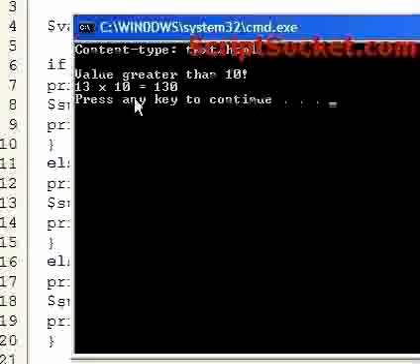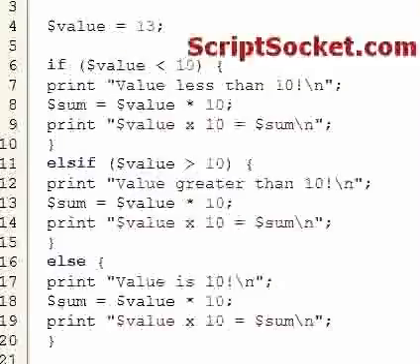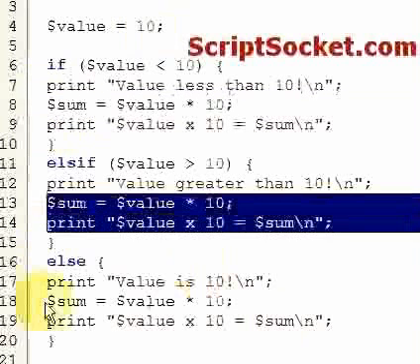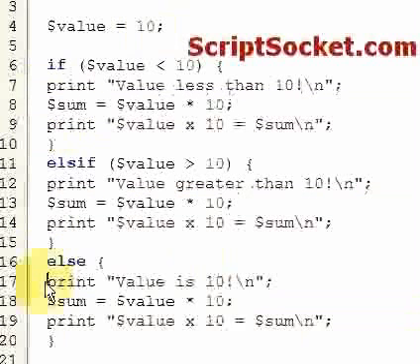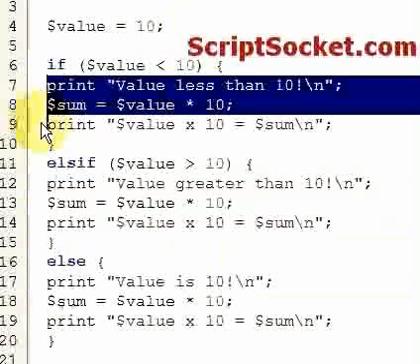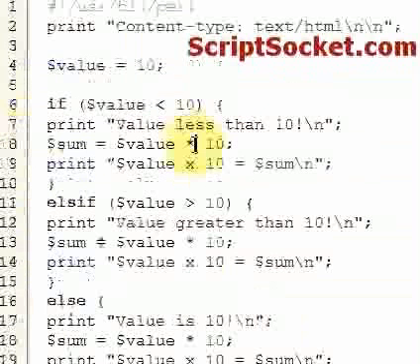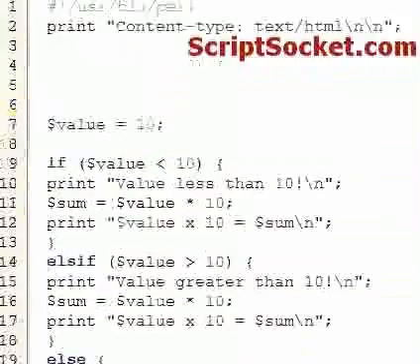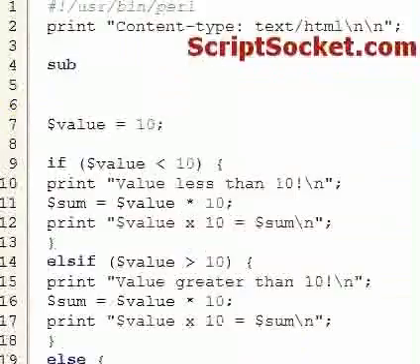Okay, so now I'd like to show you how to use a subroutine to make this code a bit simpler and less crowded. We're doing the same thing here over and over again, printing something, doing a sum, and then printing the outcome of that. So let me show you how to create a subroutine. Now, to create a subroutine, we simply type in sub, and then we can name our subroutine whatever we like. So I'm going to create a subroutine called do it,